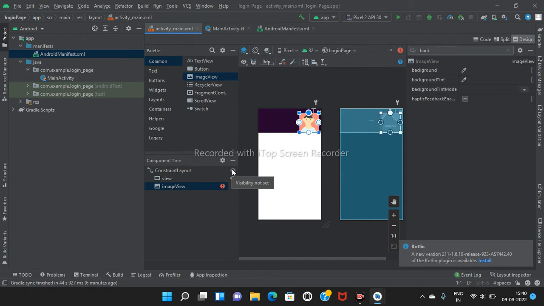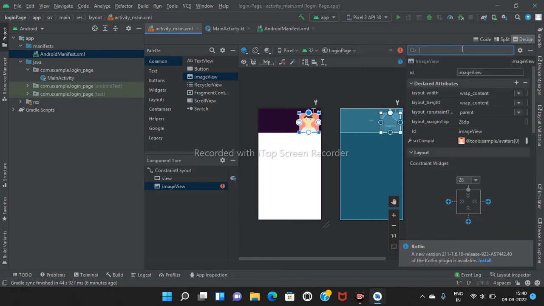So here I have taken that. Now I need to set its attributes. So this is the image view.